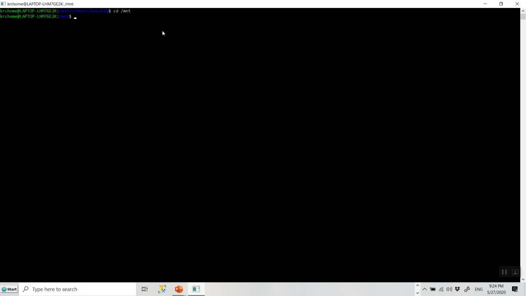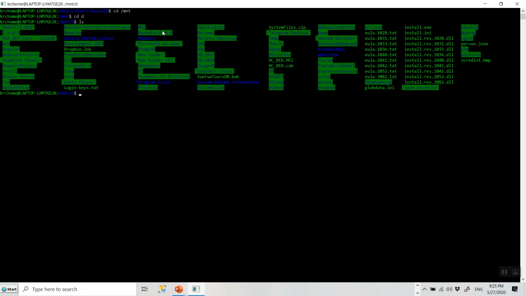Now from there I can go to my D drive, which is my data drive, by typing cd d. Okay, so now it is in the D drive, and I can list the D drive files and folders by this command, the ls command, the list command.